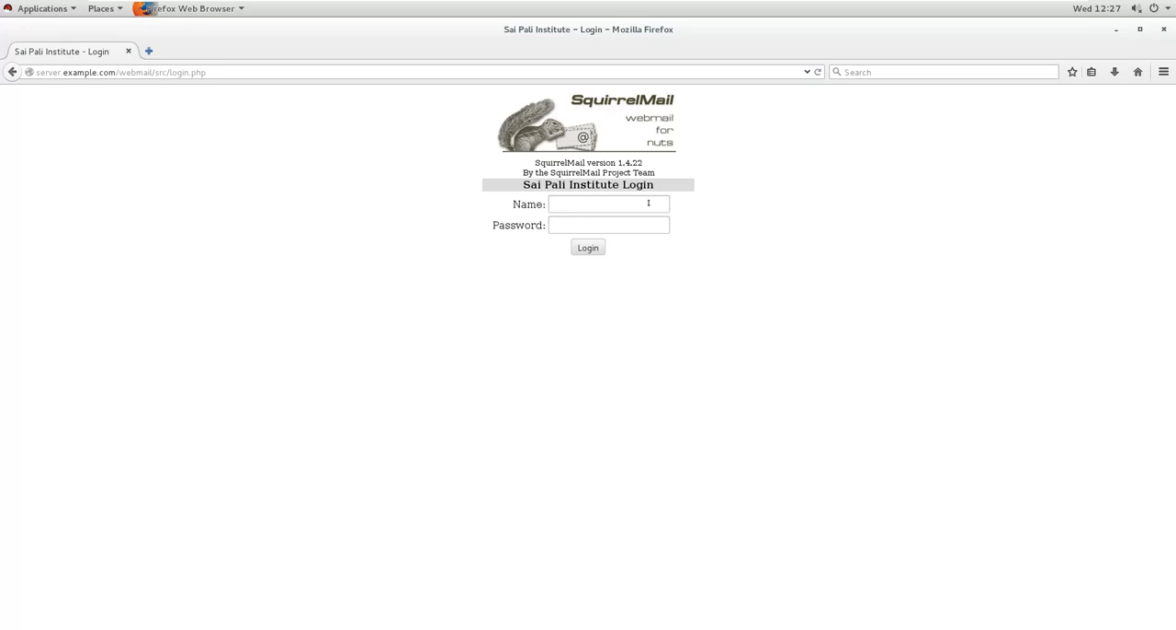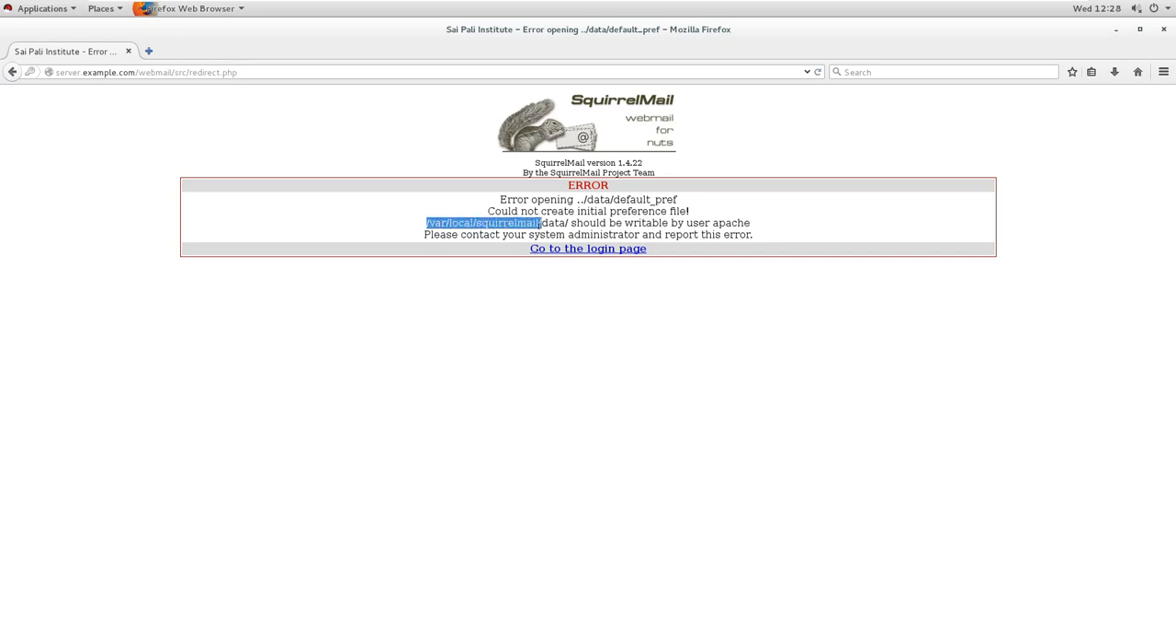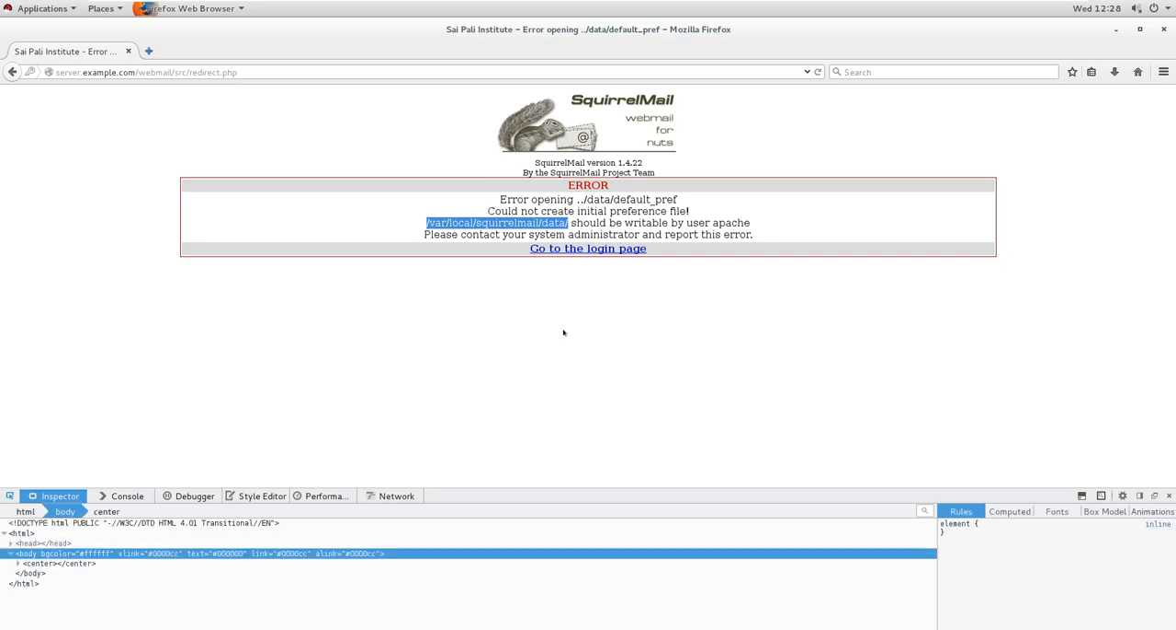Now one more thing is remaining to configure. I will show you. First I will try to log in with user 1, and the password is ABC. It shows an error. Now the error is what? It is saying that it could not create the initial preference file. It has to have one directory under var local Squirrel mail and data. This is the directory it requires. So we have to create this directory